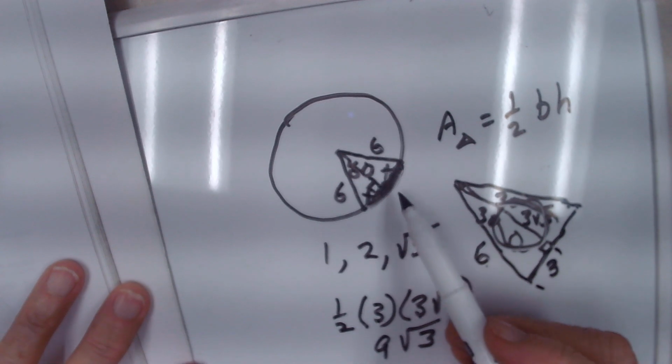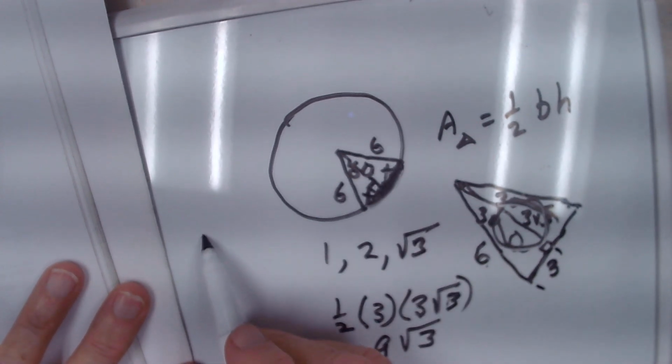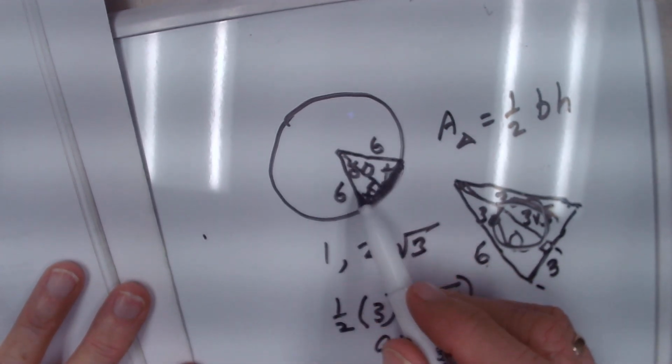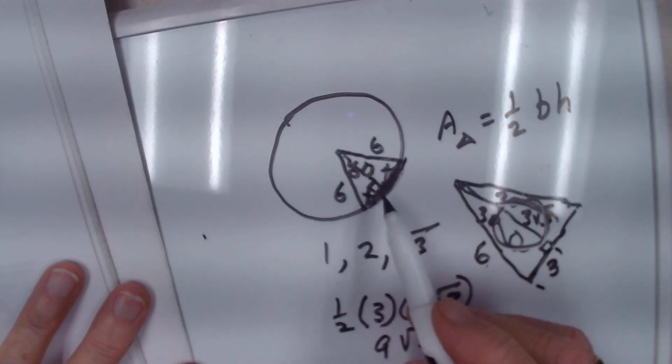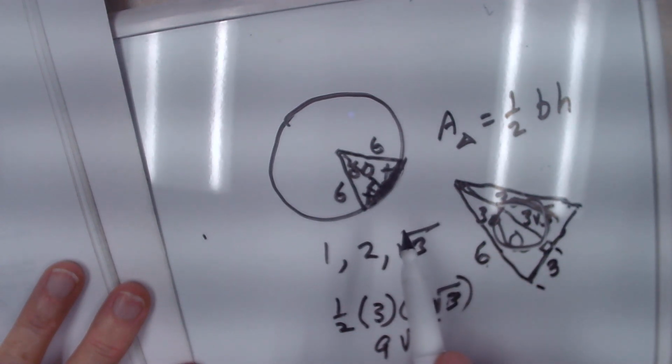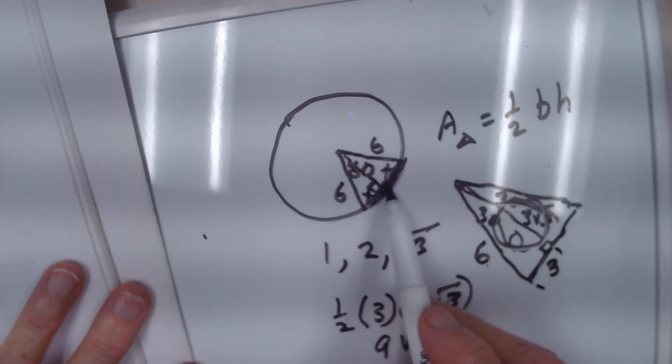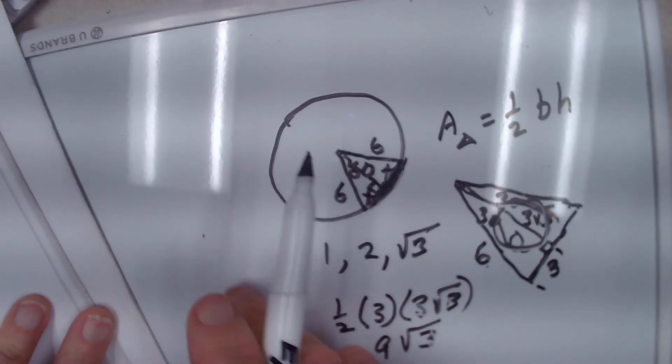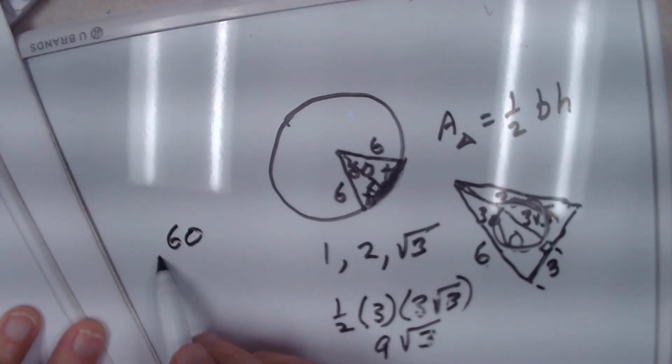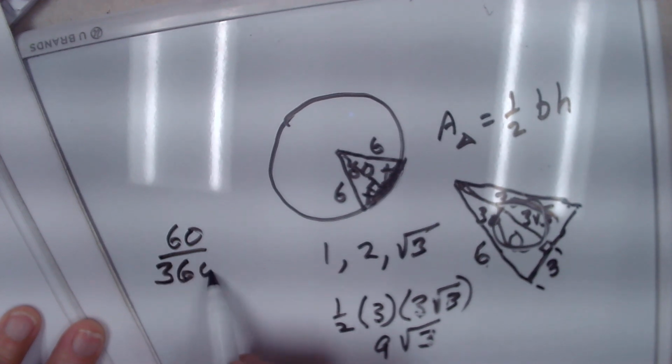Now we have to work on this piece of pie right here. That's 60 degrees, so we got to do the ratio thing here. Say 60 is to 360 all the way around as